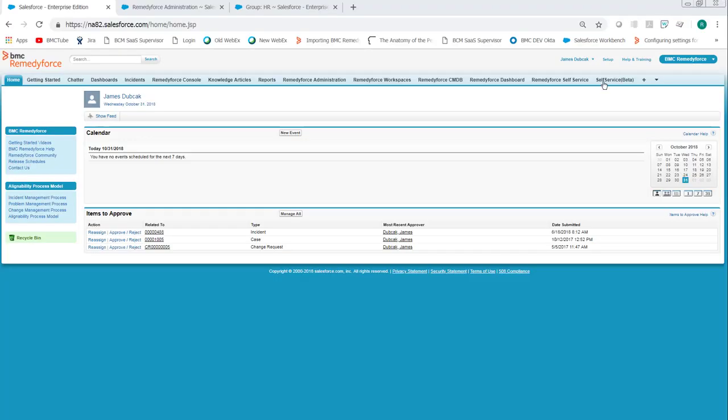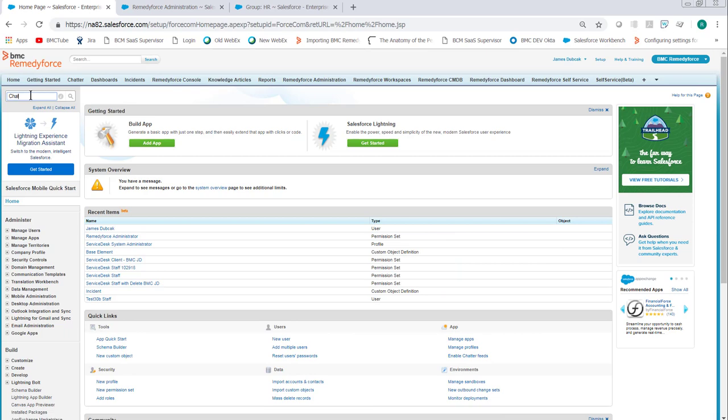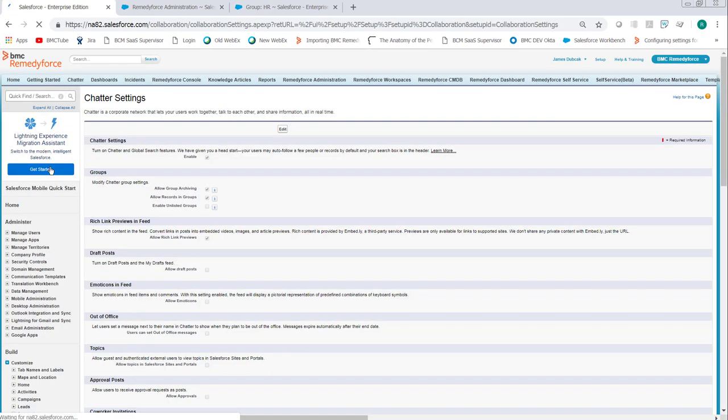To configure chatter, go to Setup in Salesforce. In the Quick Find, type Chatter. Under Chatter, go to Chatter Settings and Enable Chatter. Once Chatter is enabled, you click the Chatter tab,